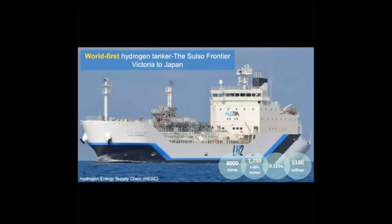This ship, called the Suiso Frontier, is the world's first hydrogen tanker, which has a gross tonnage of 8,000 tons and a 1,250 cubic meter storage tank, which is able to carry liquefied hydrogen at 0.125% of its original volume when it was in its gas state. This ship undertook a 2-week voyage to transport the liquefied hydrogen from Victoria, Australia to Kobe in Japan early this